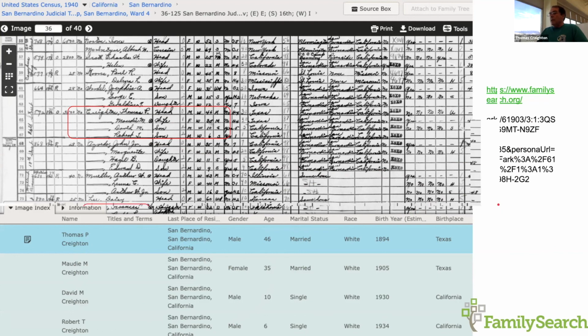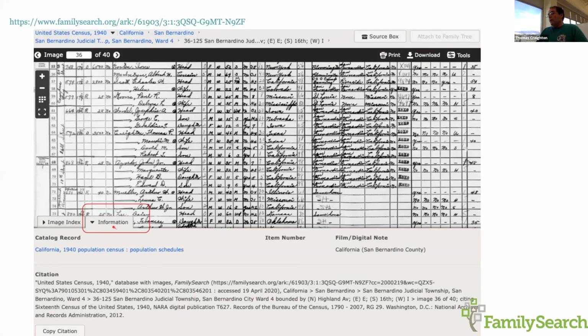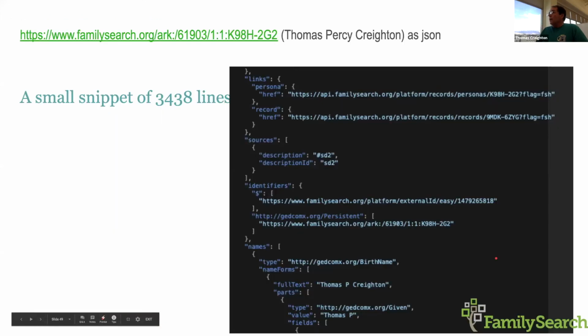And so I've highlighted the portion of this image where the transcription came from. In addition, there's this information tab. The information tab is another portion of our system, also based on the ARK. So we do a lookup in a different part of our system for the metadata. And we create this stuff that's up on top saying where it comes from, and then a properly formatted citation, because many of our researchers want to have a correct citation.